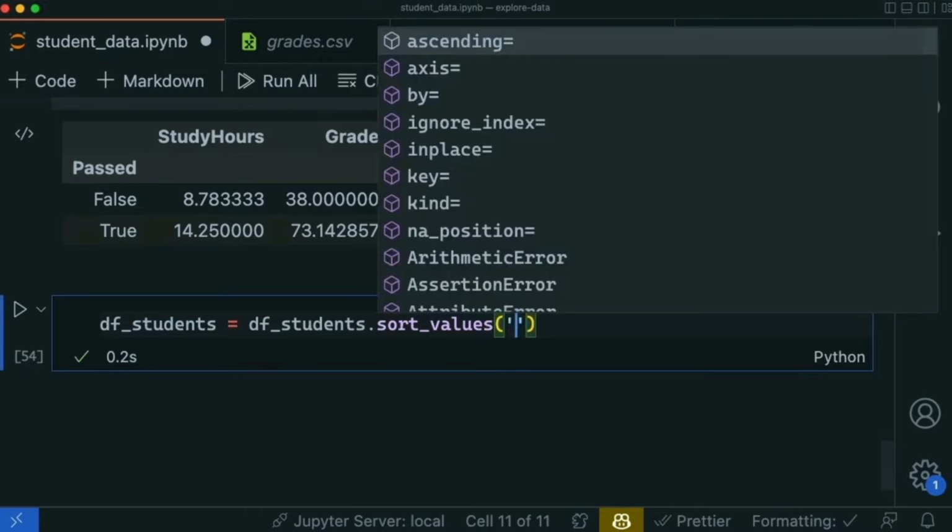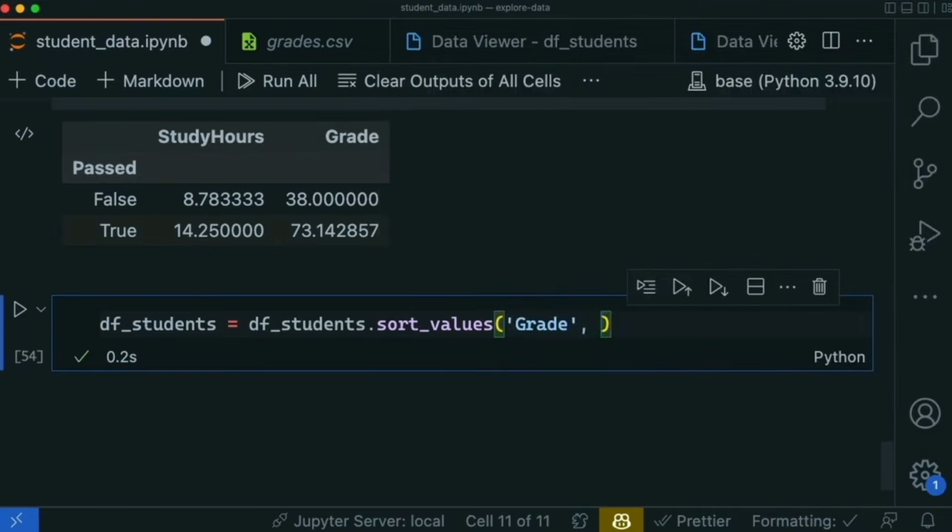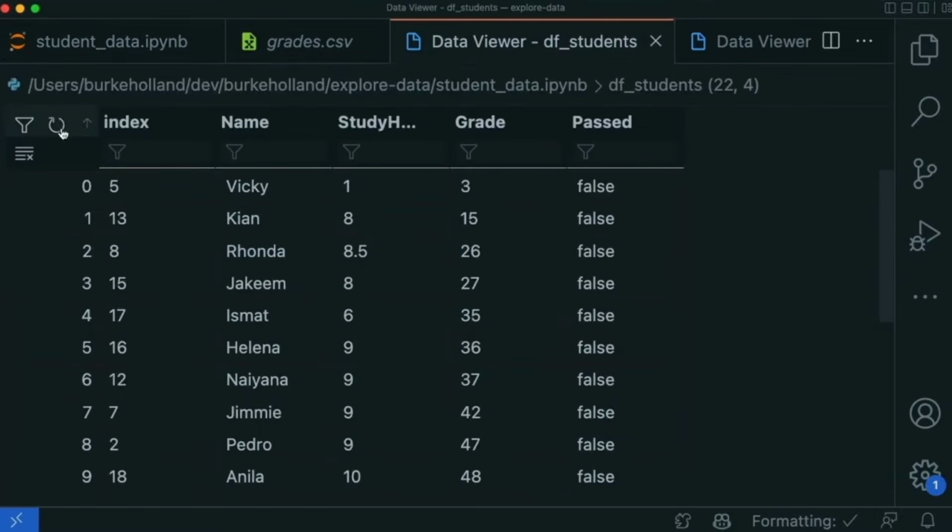We're going to sort it. Let's say we want to sort it by grade, and we want to sort it just ascending by grade. So let's go ahead and run this, and then let's come back to our data viewer and refresh. And we should see, yep, Vicky and her terrible grade there at the bottom,